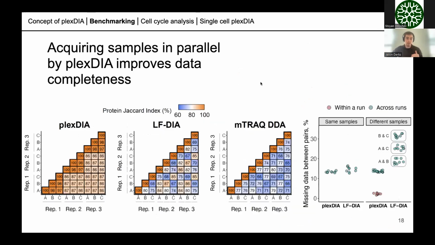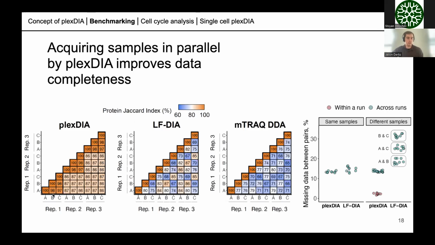And here is another panel where I'm going more into depth about what's going on with this data completeness. We ran 3 replicates of these samples. What I'm showing here is a heat map showing the protein Jaccard index, which is just another term for data completeness. If you have a value of 100, so 100% data completeness, it just means that all the proteins that you identified in one sample, you also identified in the other sample. We find that,